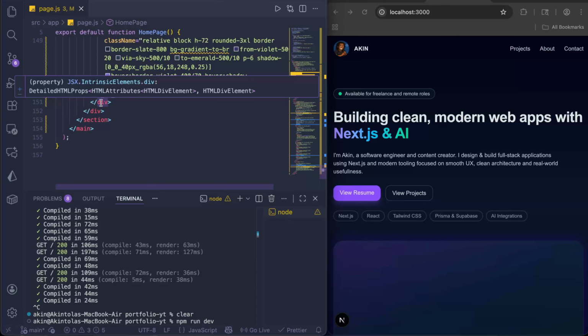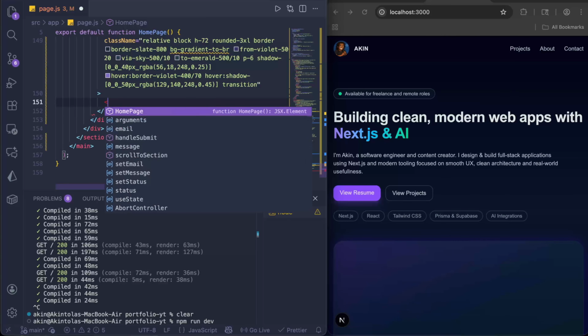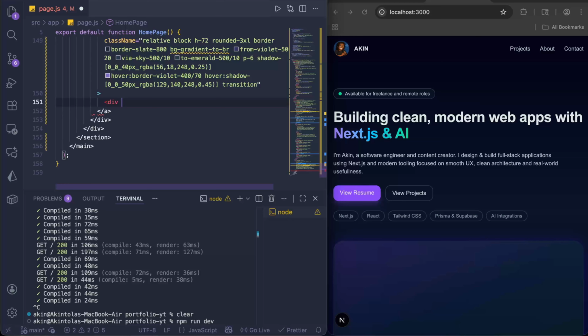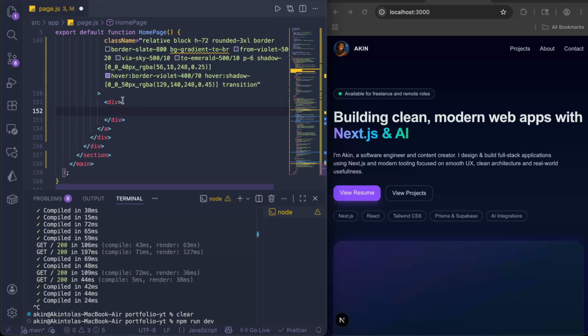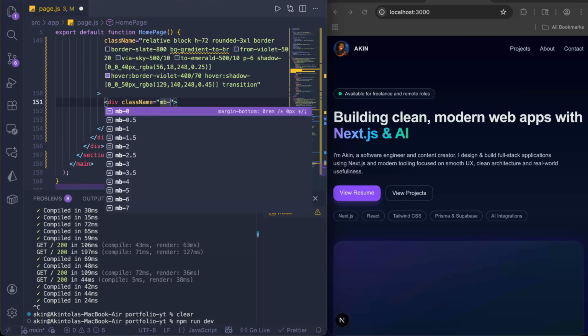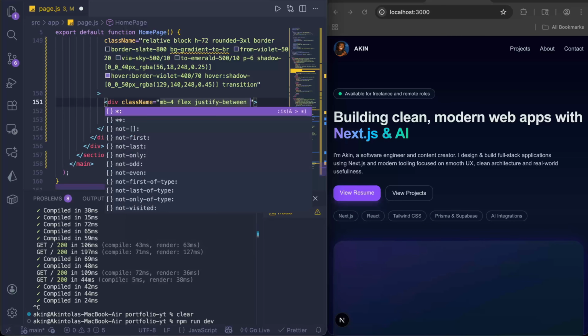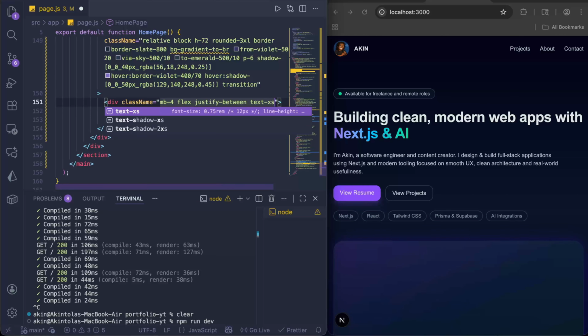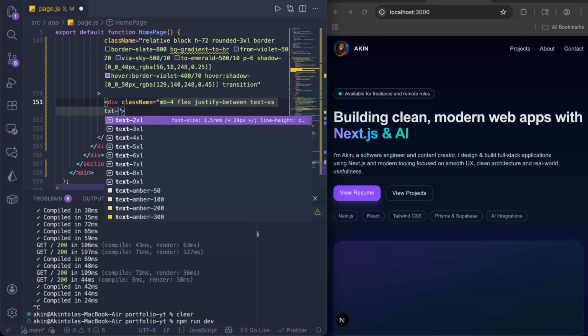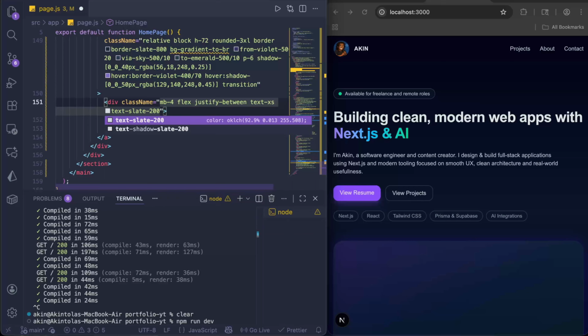So after this, we're going to have div all within the A tag. Class name here is going to be margin bottom of 4, flex, justify between, text is extra small, text slate 200,